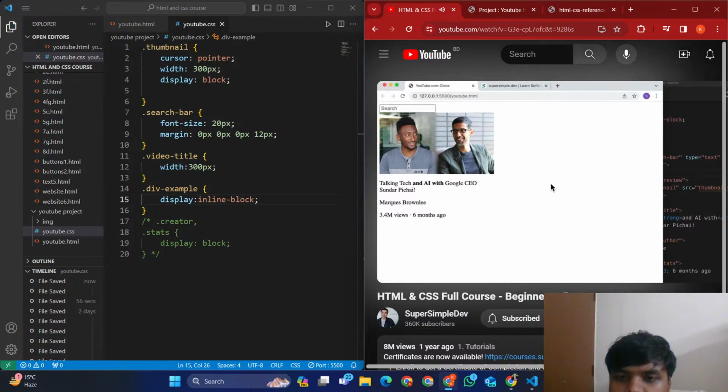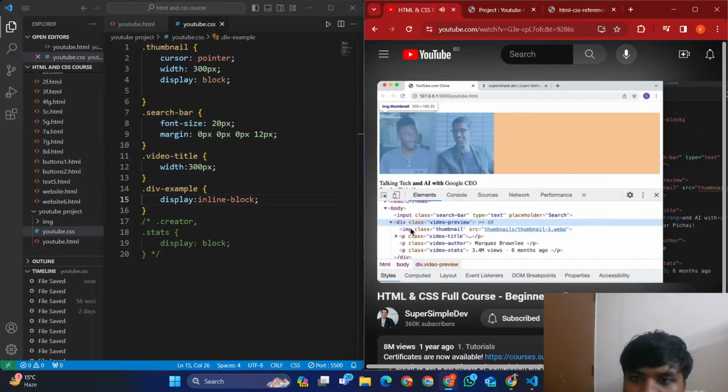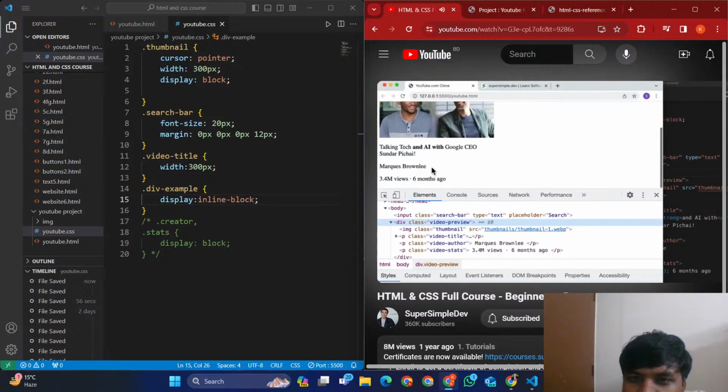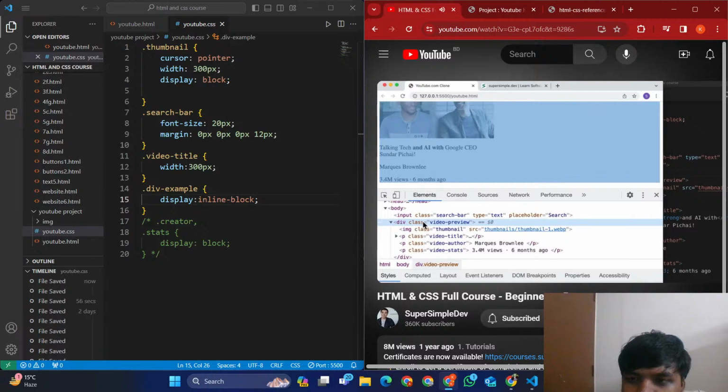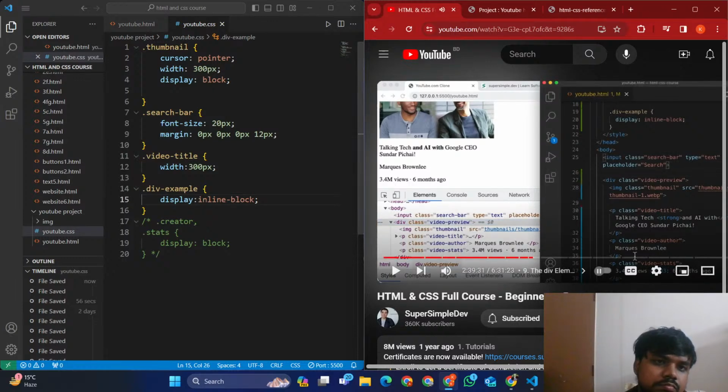Now save. And you might not notice any difference because the div is simply just drawing a box around the content inside. But we can right click and inspect, and we can see the div in our HTML here. And inside the div, we have our image and our paragraphs. The div is just creating a box around all this content. So now I'll show you why containers are so useful. We're going to go into our code, and we're going to change